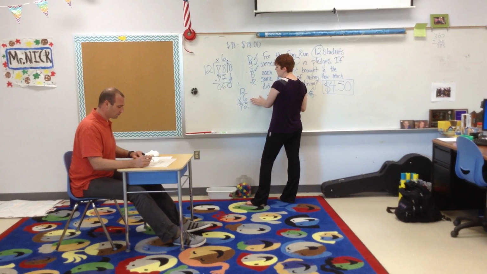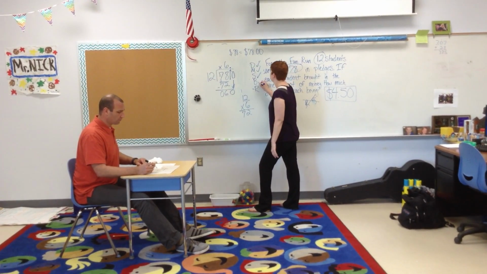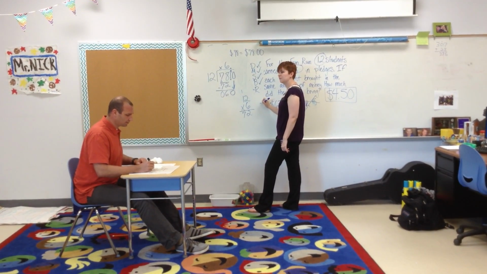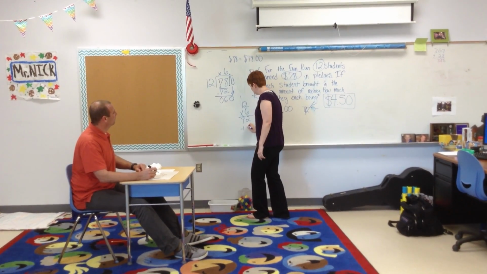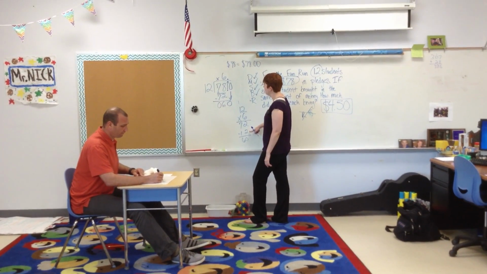We know 12 times 6 is 72, so I need to go less than 6. What can I do? Well, 72 minus 12 would be 60. So that means it would be 5. All right, we took one 12 away, so we had